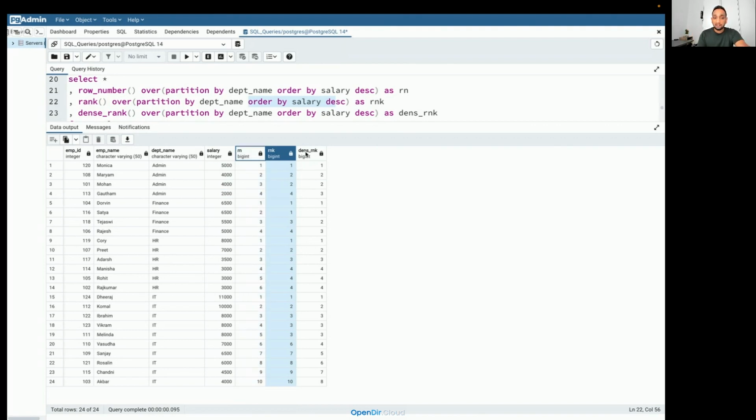And if you look at dense rank, the only difference between rank and dense rank is that rank will skip a value when it finds multiple records with the same rank prior to that, but a dense rank does not skip that value. So you can see here, there are two employees who have the same salary, and both their rank and dense rank is assigned as 2. But if you go to the next employee, rank is going to skip a value. So after 2, the next rank given is 4. But in a dense rank, after 2, the next rank is again 3. It does not skip a value.